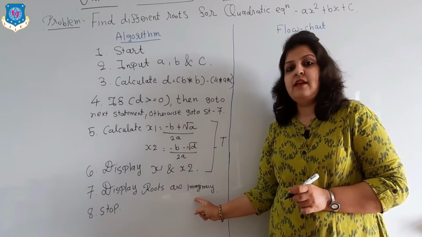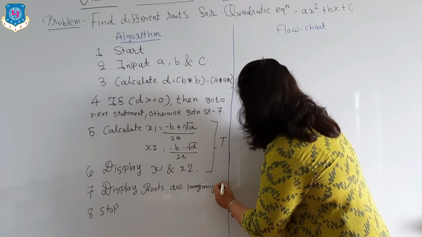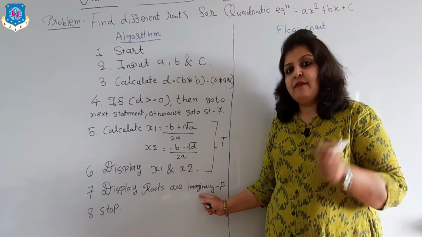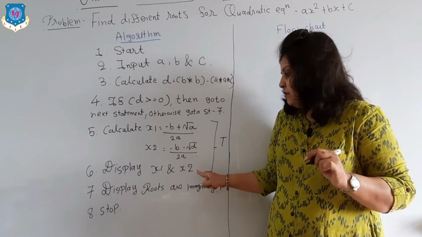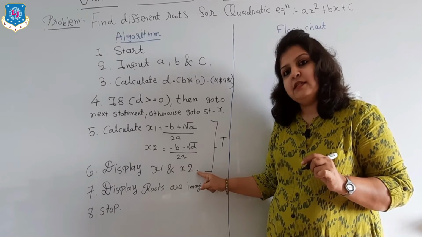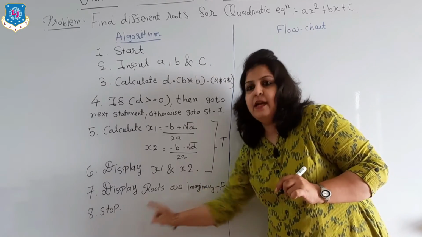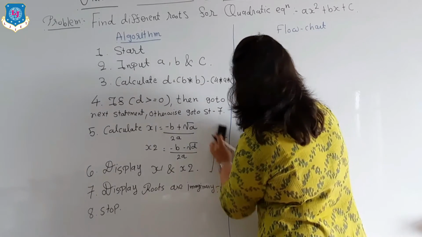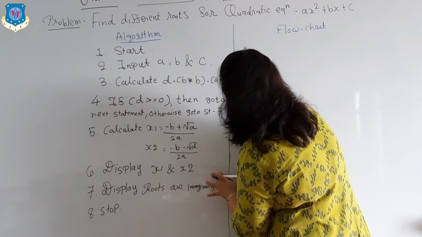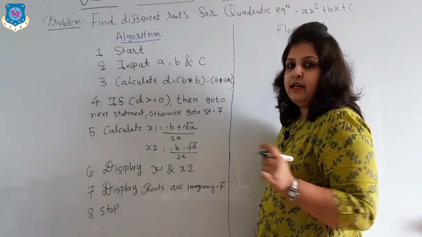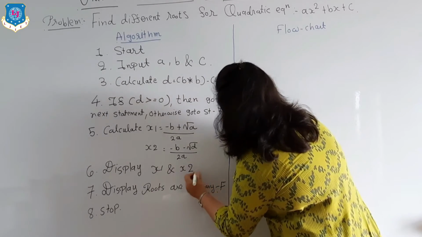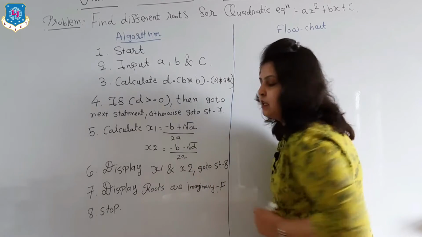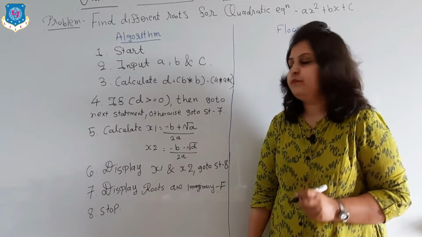And then after that comes our 7th statement, this is the false part. But we don't require to print this part when our condition will be true. So after executing statement number 6, our control goes to statement number 8. And here again we have to write, go to statement number 8, that is our stop.